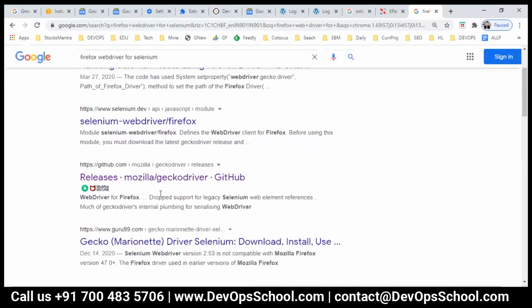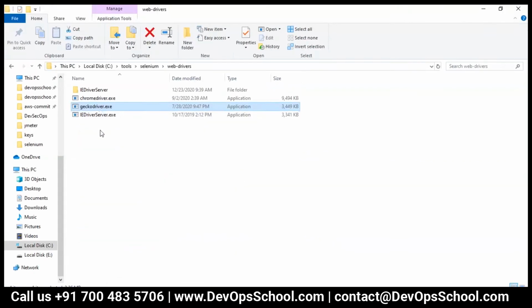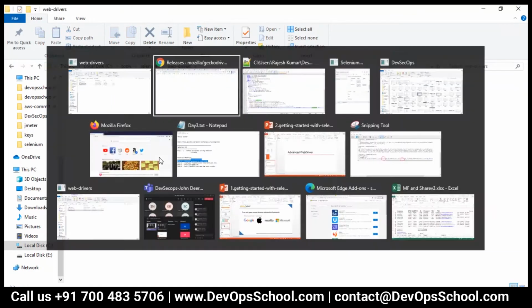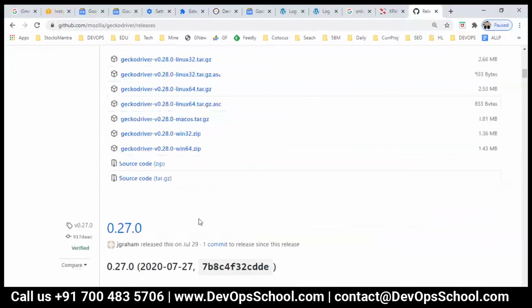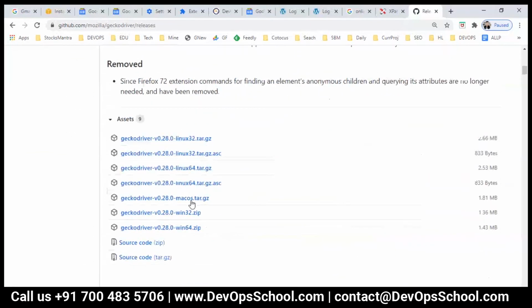A download here. This is the one. Okay, and from here you can download. So I think this is a little older one. I'll delete it. In front of you only I'll download it. So that way it'll be good. So which version am I downloading? Right now 64-bit. Where is that? Here it is. 0.28 Gecko, which is a Firefox driver for Windows, by the way. So Windows 64, this is the one.